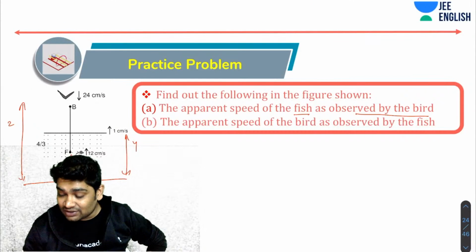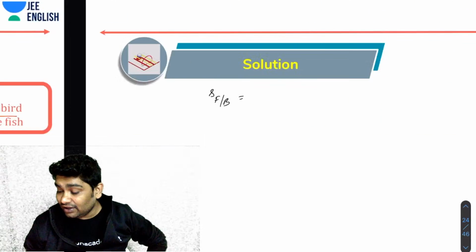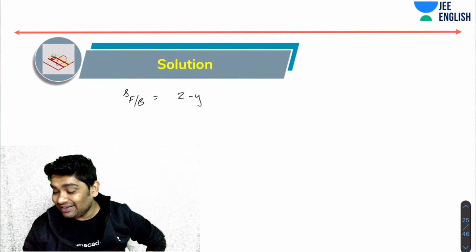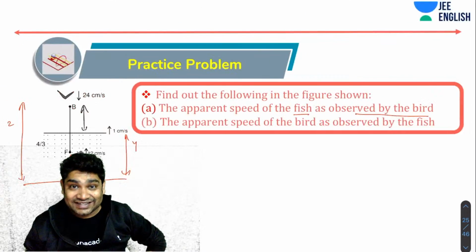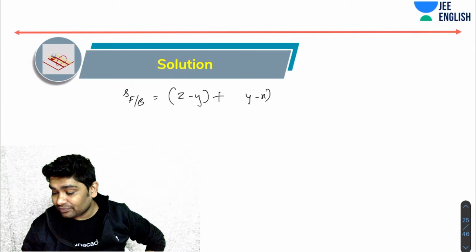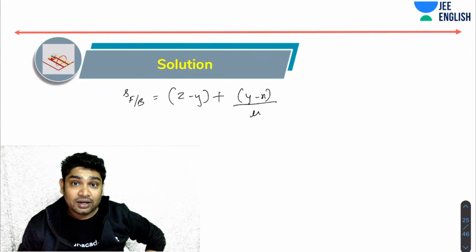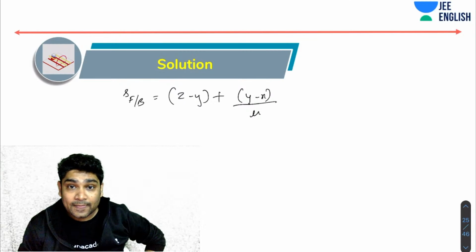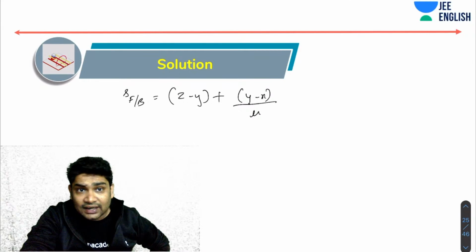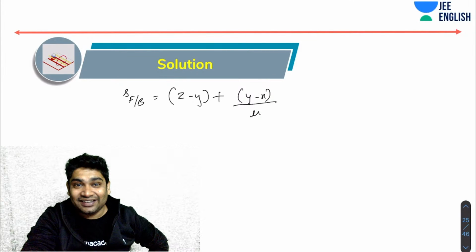सो बर्ड को ये डिस्टेंस तो ऐसी की ऐसी दिखने वाली है, ठीक है? दिस इज z माइनस y, एंड प्लस वो डिस्टेंस कम दिखने वाली है, y माइनस x ओवर म्यू। करेक्ट, ये डिस्टेंस फिश की दिखेगी बर्ड को। अमोद कुमार नॉट अंडरस्टैंडिंग, टफ वन।